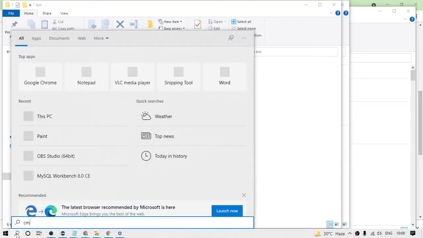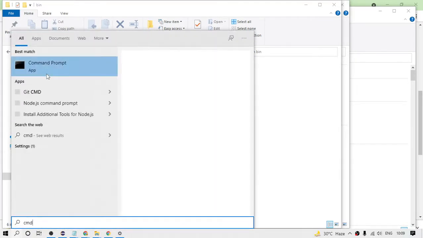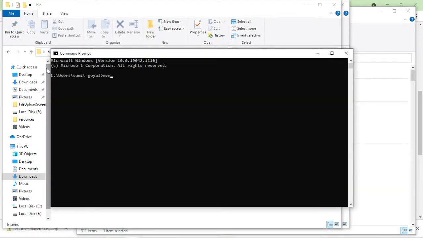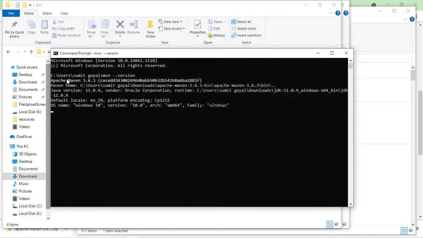After that, I will first check whether it is successfully present in my machine or not. For that, there is one simple command, mvn -version. It will tell you what Maven version you have in your machine. If you see some kind of error, then you have made some mistake in installing it. So let us see whether it gives us the version. You can see it is showing the version, right?